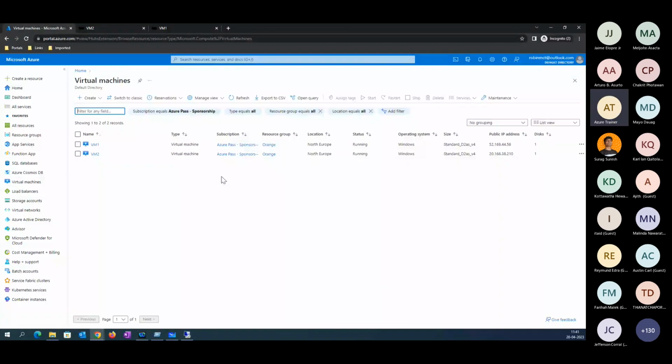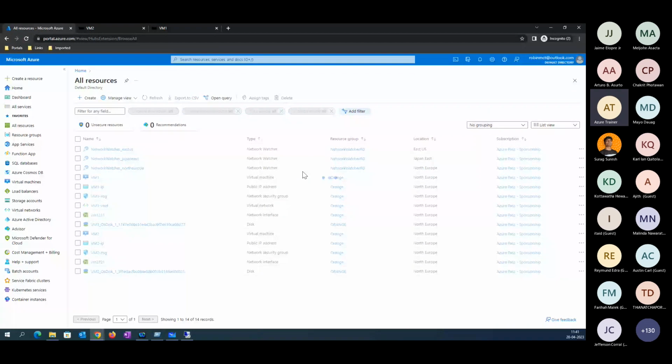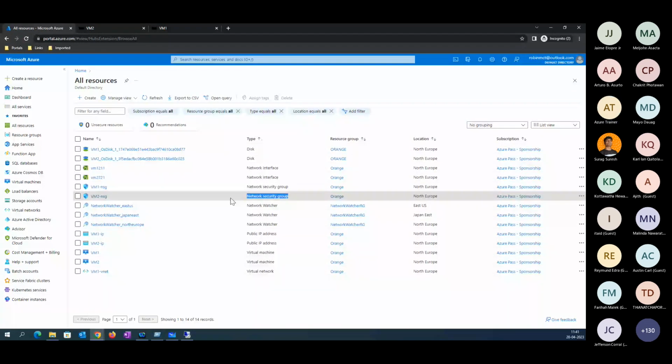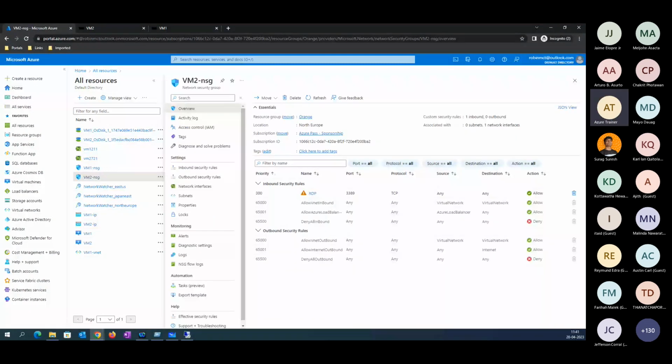Now you go inside all resources. You may see there is one more network security group created here. See, there is one more security group created, and it has been attached to VM2. You may see this has been created and attached to the network interface card.